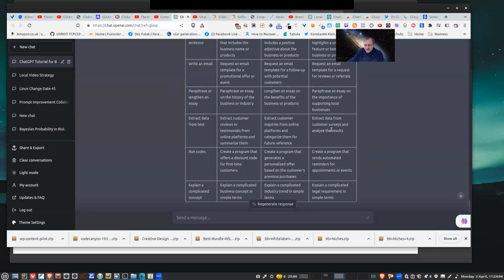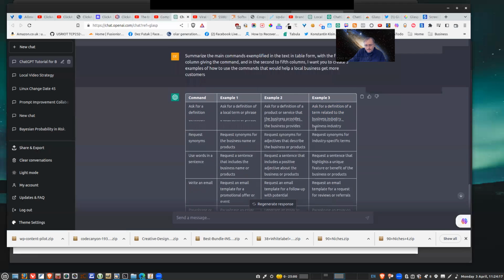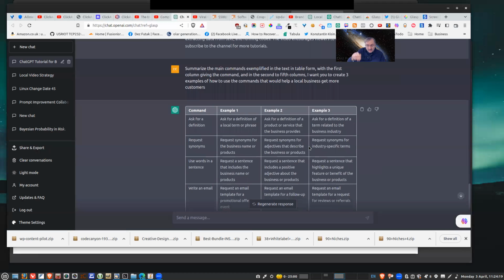outcomes, in the sense here that I've now got some suggestions of what to do in terms of content, or asking ChatGPT for content related to a particular business, and I could drill down more and more and more. So I think what you need to see ChatGPT and OpenAI as is a very, very handy Swiss Army knife, through which you can use it for a lot of different things in relation to knowledge and understanding and communication. So KUC.